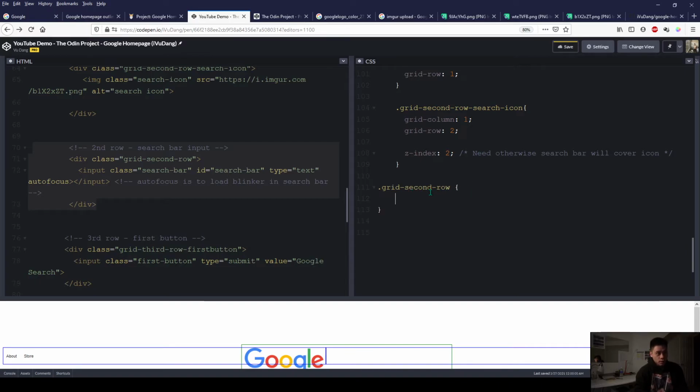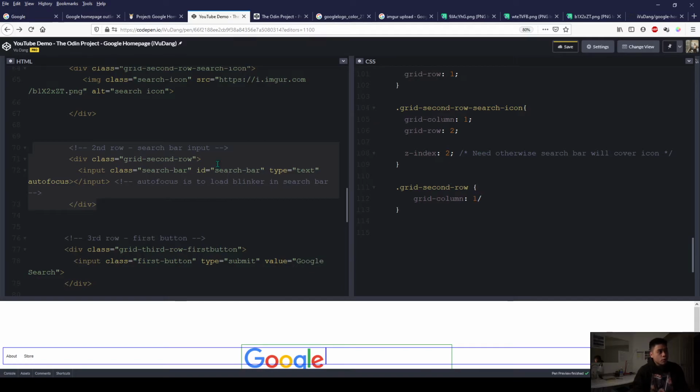So here we have grid column. So this one,